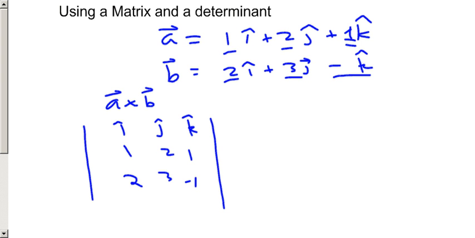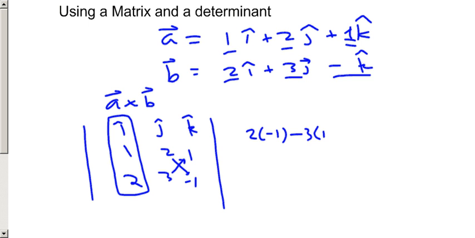And the process goes like this. The first thing that we're going to do is we're going to kind of cover the first column, and we're going to multiply across. So we're going to have 2 times negative 1 minus 3 times 1. And since we covered the first column, that's the I. So that's I. Plus,